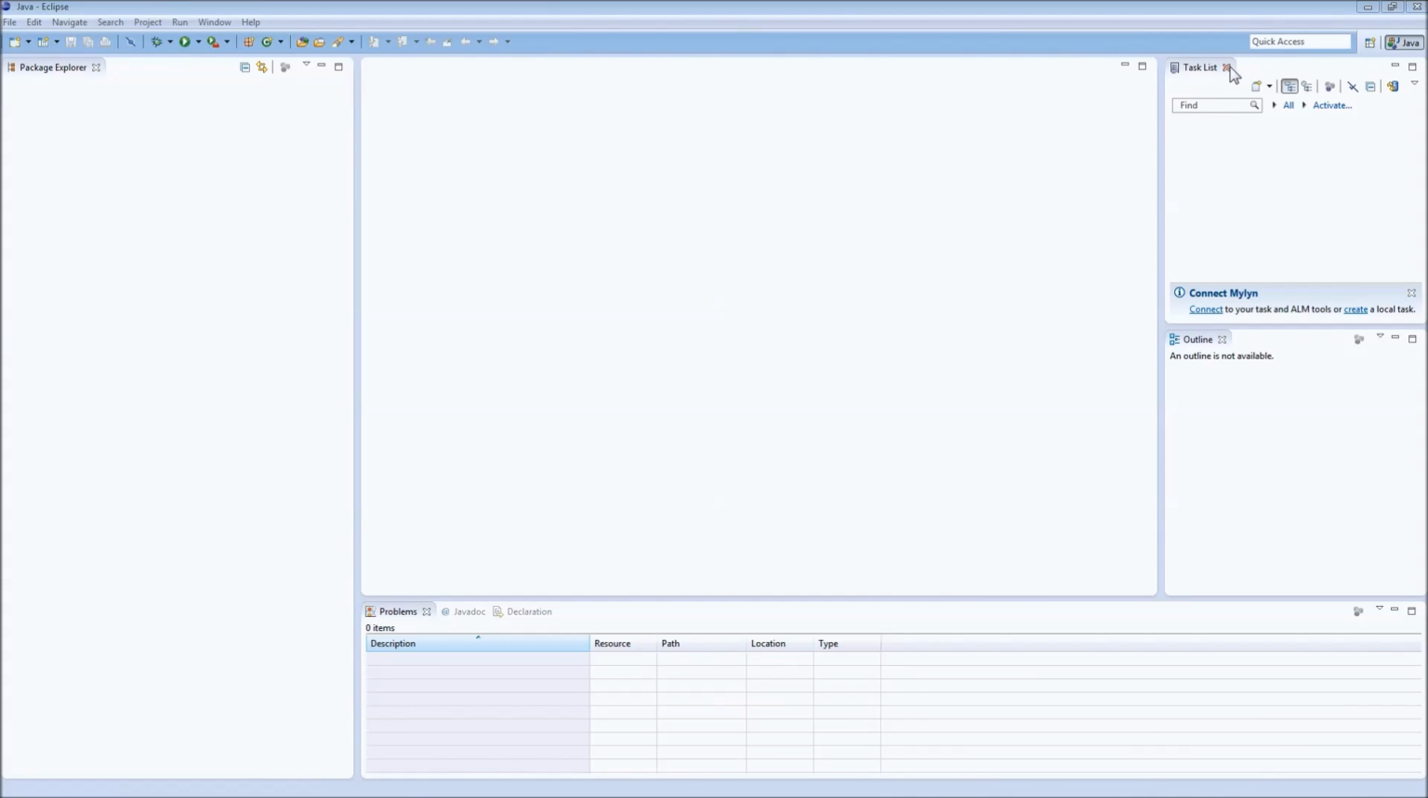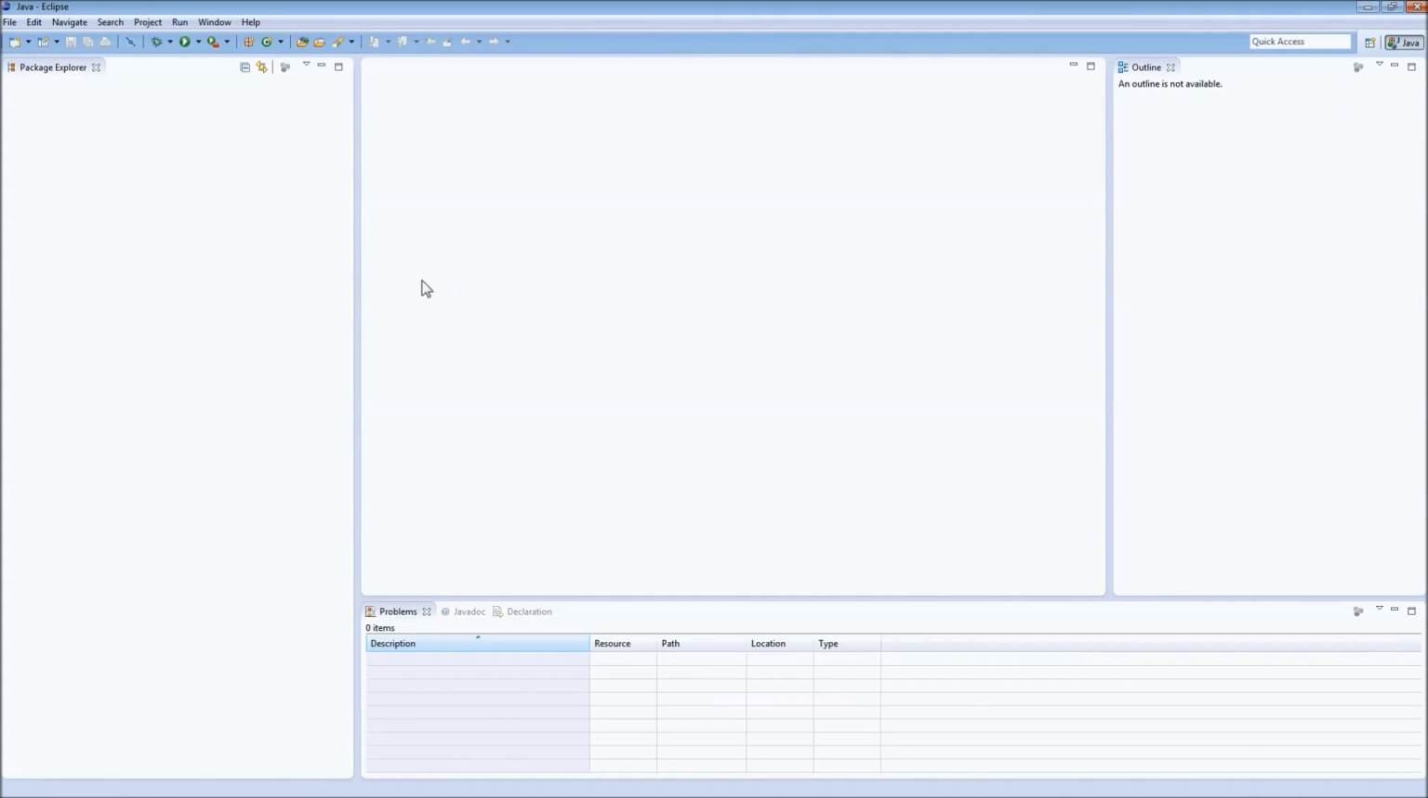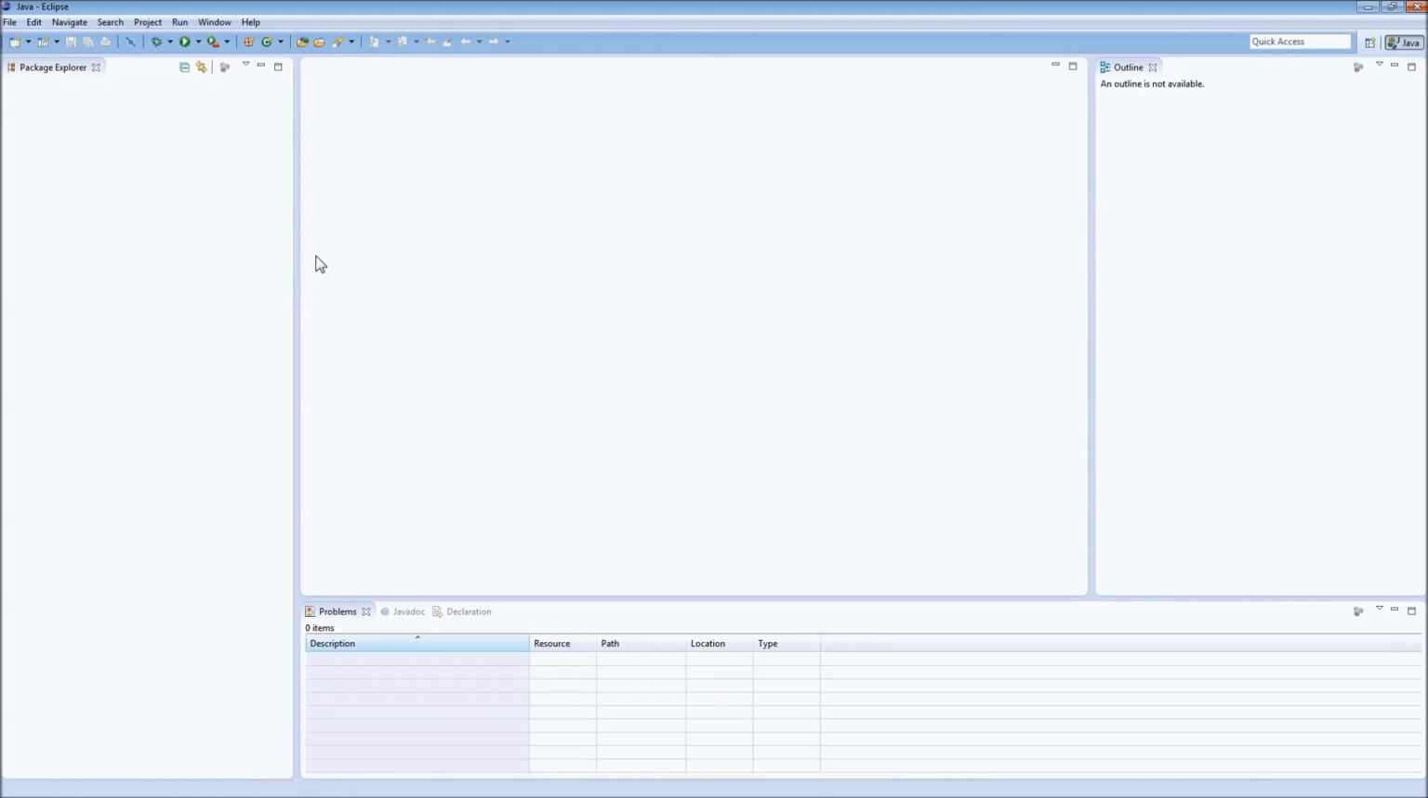I happen to not use the task list window. I prefer a larger outline window, so I'm just going to close this and resize this a bit. Here we go. The very first thing you do inside of here is you want to create yourself a new